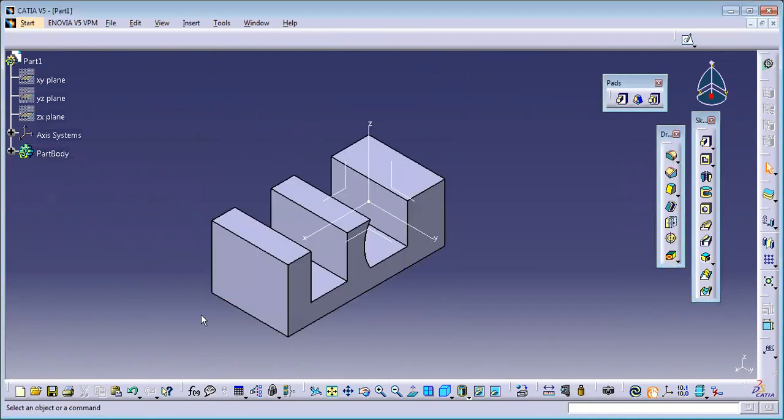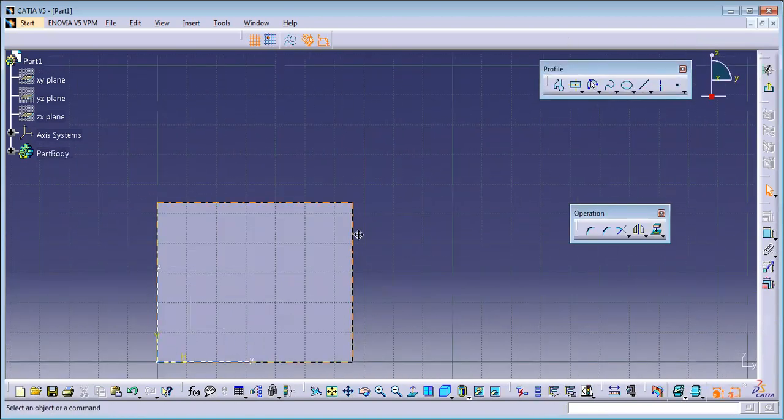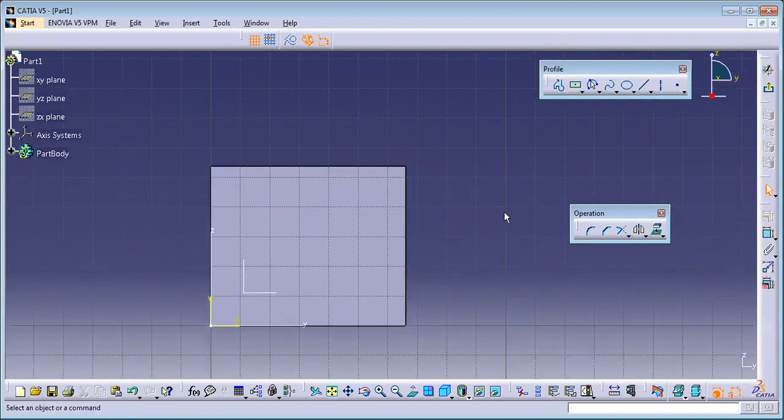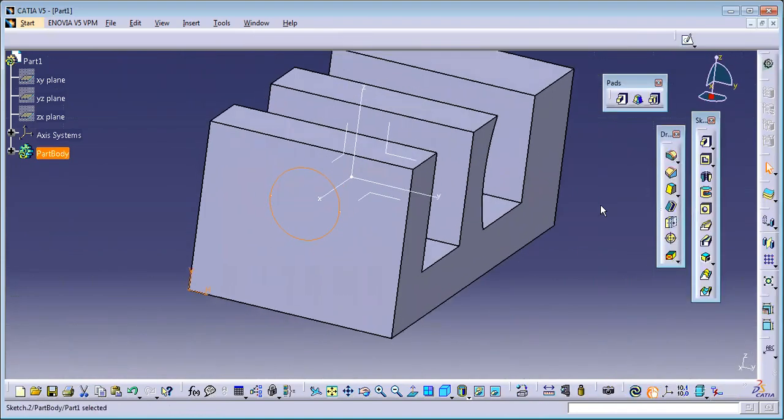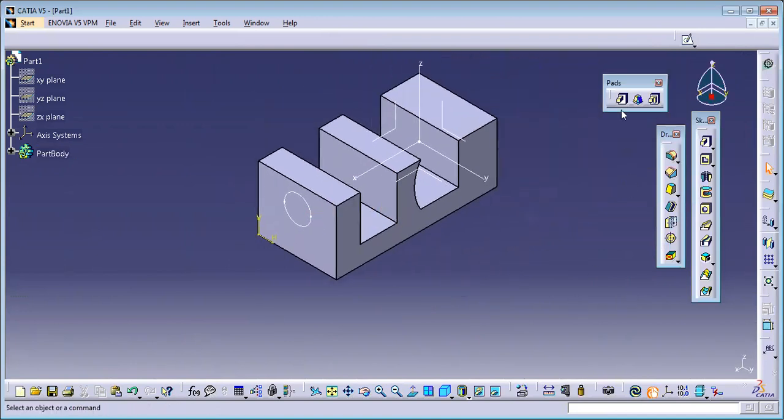I'll say okay. Now in any modeling software you take, every flat plane, even if it is 0.001 mm, you can draw a circle or a square on it. So every flat plane will act as a sketching plane for you. That means if I click here and go to sketch, my sketch will be taken directly on that surface. Each and every flat surface will act as a sketching plane in any modeling software. So now I'll draw a circle like this. I'll say exit. So now I'll start adding the material.